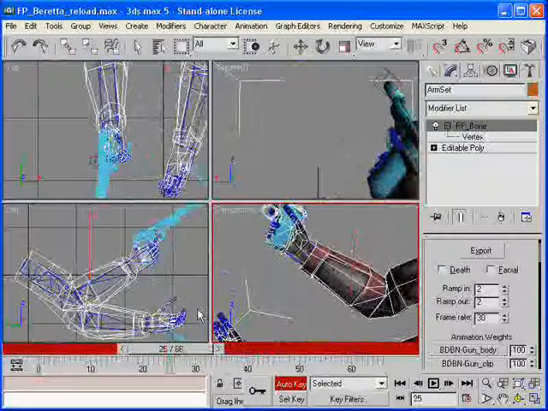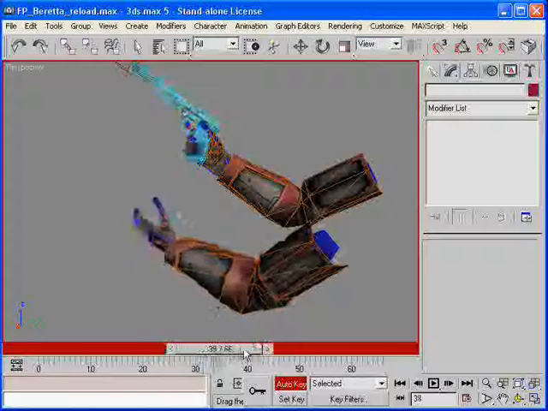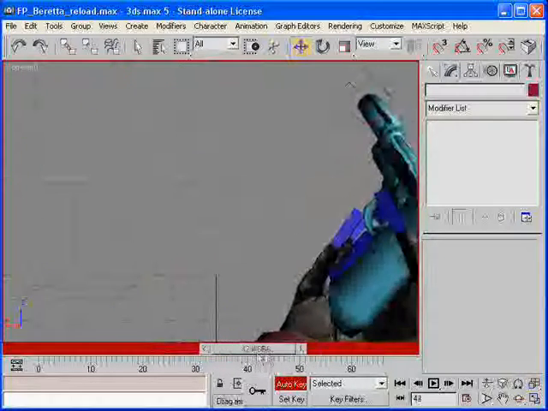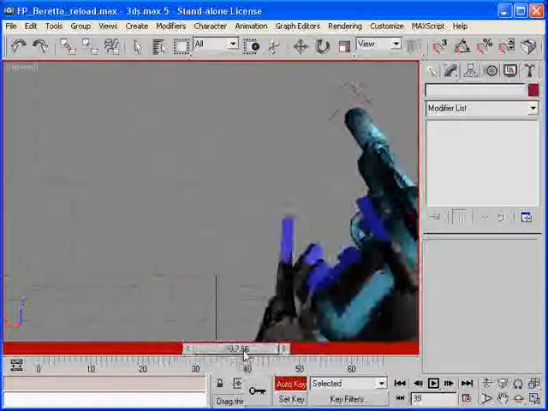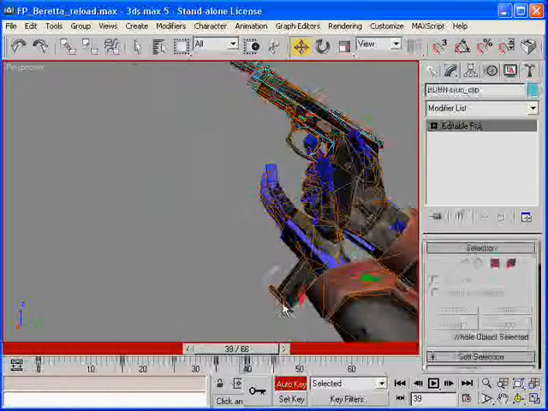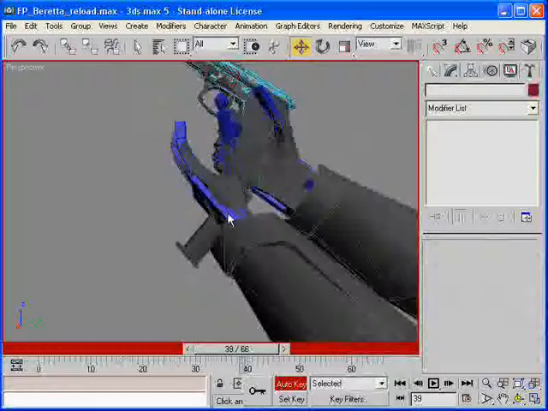This is what it looks like. Off the screen you could pretty much tell that, well, it looks ugly as hell, but when it's on screen it looks good. Actually, you might need to fix that and re-export. I don't like the way that turned out right here. This is why it is important to